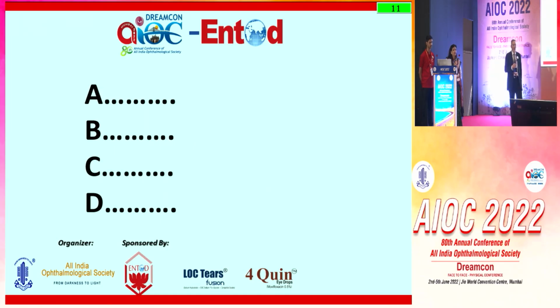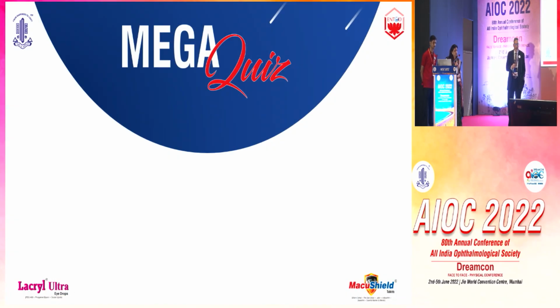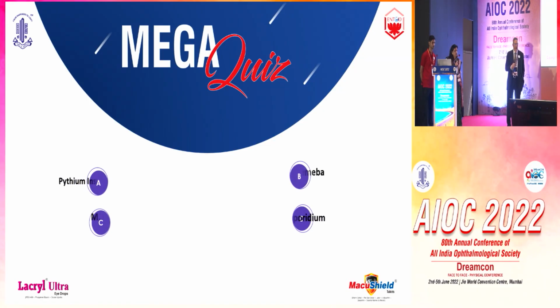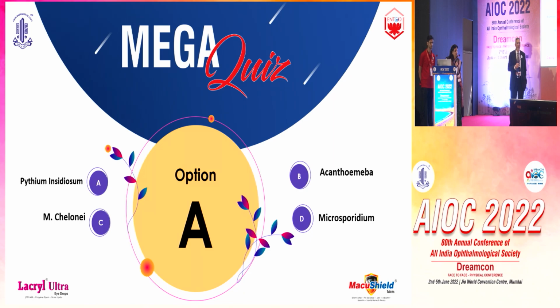So one bug is referred to as a parafungus, and you can even call it an OMC. And many of you thought it was Pythium, and Computer G will tell us it is indeed Pythium. So Pythium is the one which is referred to as a parafungus. And we go on to the next.